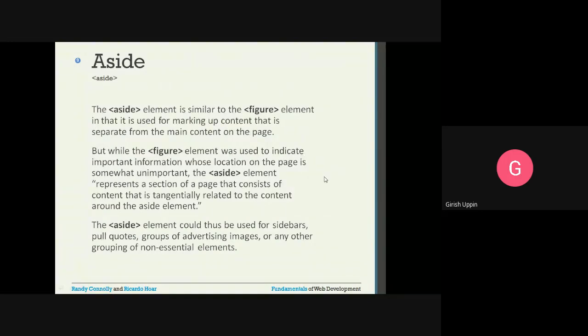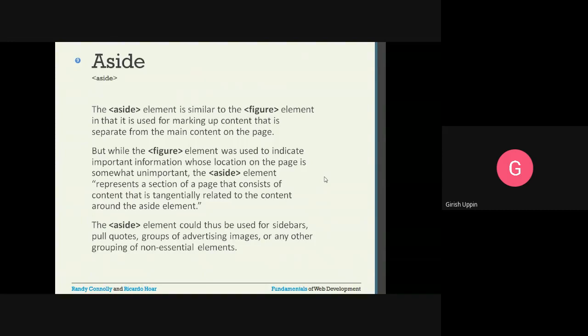But while the figure element is used to indicate important information whose location on the page is somewhat unimportant, the aside element represents a section of a page that consists of content that is tangentially related to the content around it. So the aside element could thus be used for sidebars, pull quotes, groups of advertising images, or any other grouping of non-essential elements.